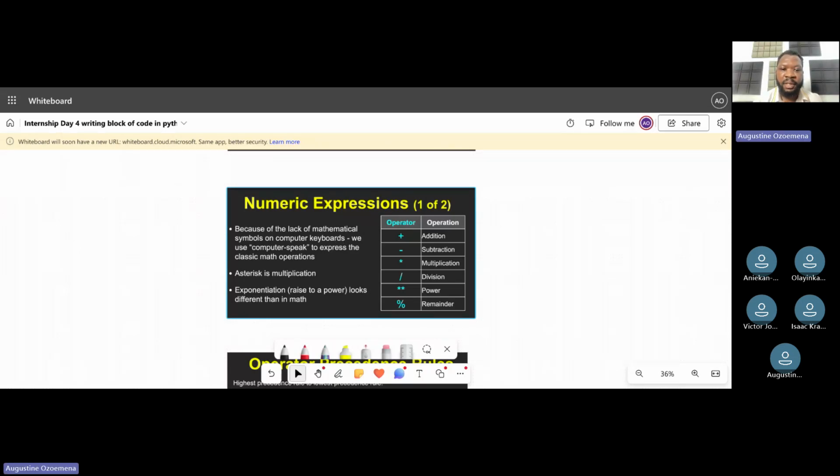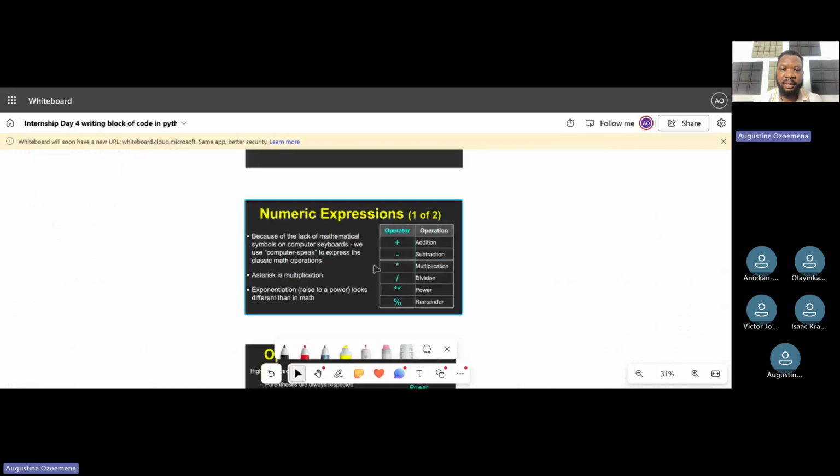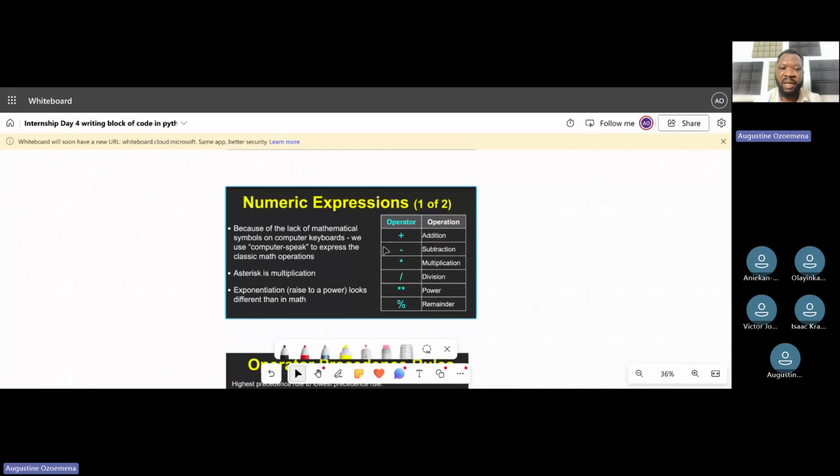These are basically most of the operators we have in Python, and there is a little bit of background story to them, but the very basic ones are addition, subtraction, and multiplication. You will notice that we are using asterisks for multiplication, right? So the thing is, when they built Python, and